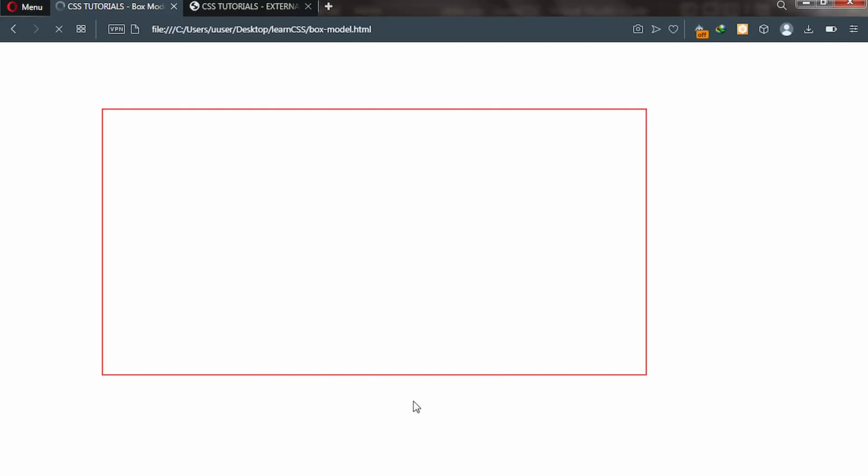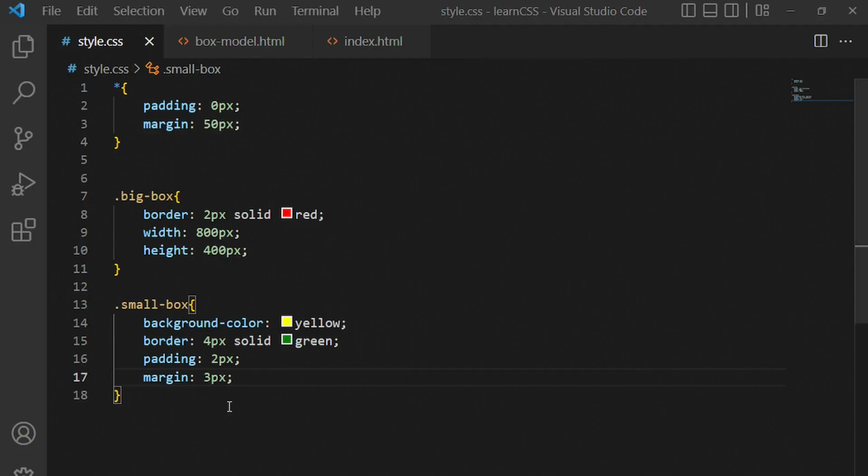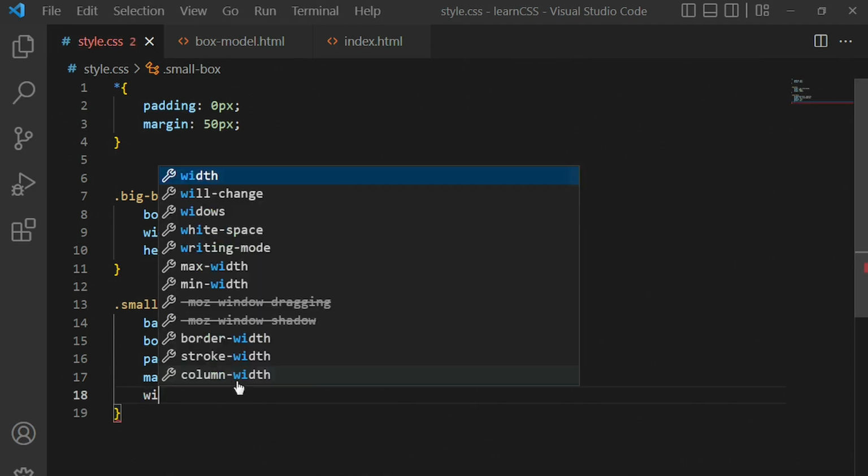Reload, and now you can see we have little boxes here, but the problem is we have not assigned height or width. Let me go back and see what is happening. All right, so you can see that we have not yet assigned height and width, and that's why they are looking that way. So we give them a width